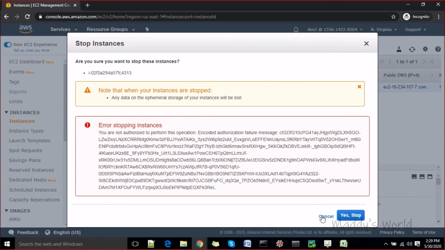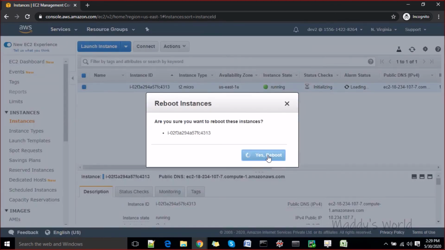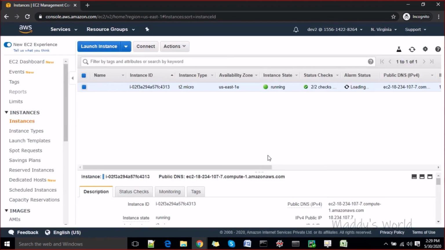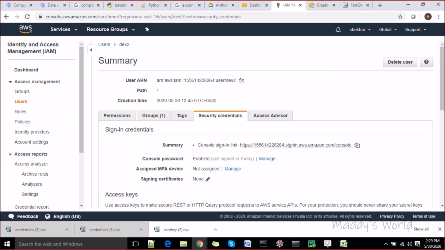I think we didn't give stop, we gave the reboot, I think. So you can see now the user is able to reboot the instance but not do anything beyond what we have specified in the policy, right?